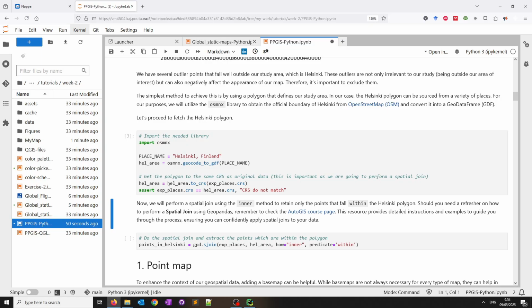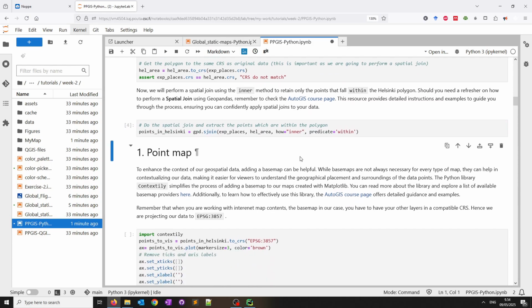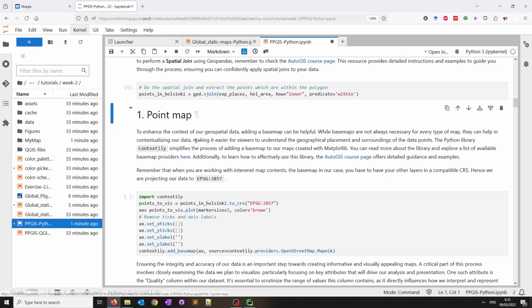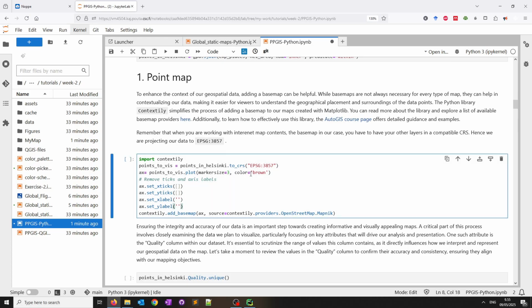That's why I've added this assertion here to double check. Then I'm doing the spatial join here, getting all the points that are within this Helsinki boundary. So essentially I'm filtering my data, getting rid of those blunders which were outside the Helsinki area. Then I'm going to create my point map, a very simple map, turning off the ticks and the axis on the map. To make it look better, I'm applying a brown color, marker size 3, nothing new here,